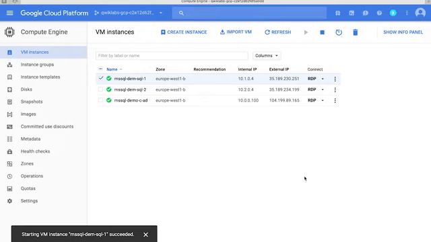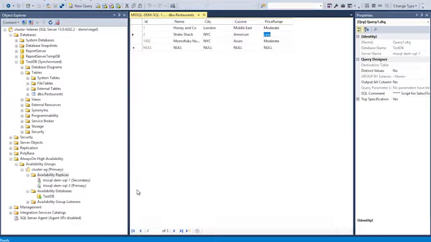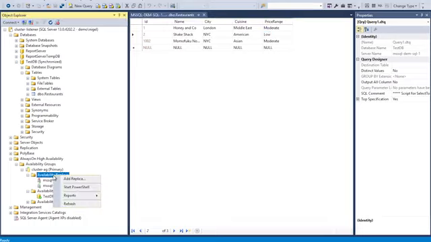So our machine has booted, and in just a few seconds, when we return back to the client application, then we'll be able to observe that both machines are now present in the cluster. Here we are back in Microsoft SQL Server Management Studio, once again in our availability replicas. If we select refresh, well, that machine hasn't quite showed up yet. Let's just wait a few more seconds and then we'll try it again. And we should see that we now have two machines, primary and a secondary, that are both up. And there we are. We've now got two machines that are running in our always-on availability cluster.